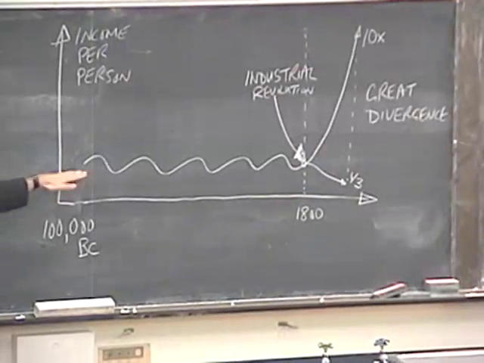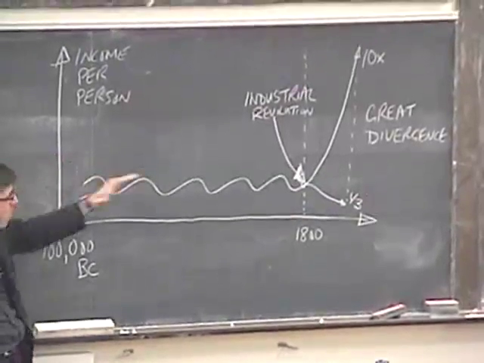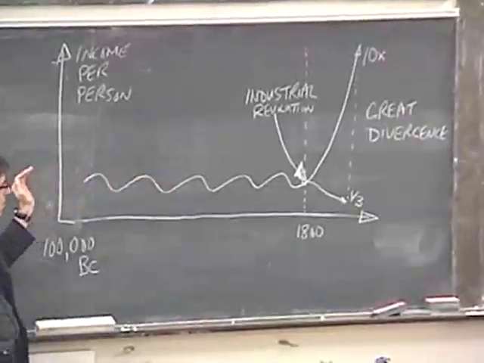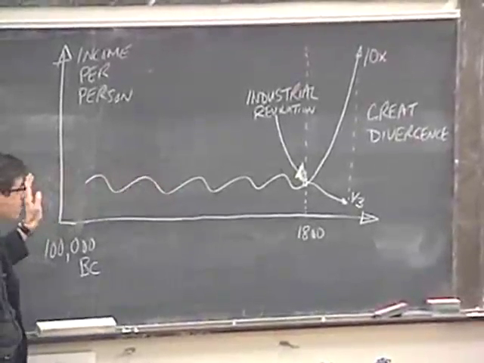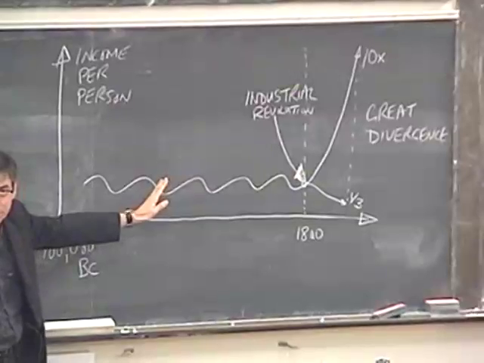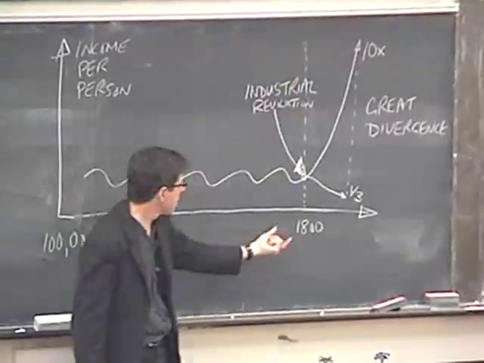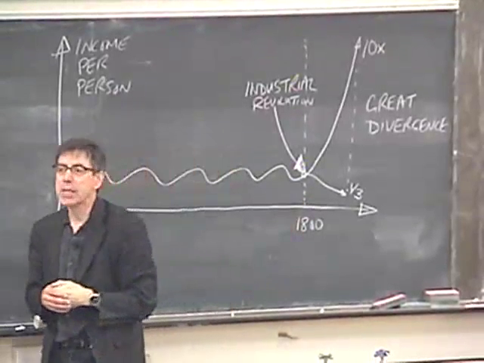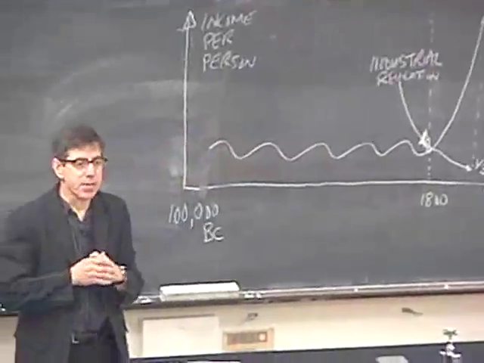There are fluctuations within this period, but there's no long-run increase, and people stayed at the same living standards through most of human history. And then, around about 1800, there's the Industrial Revolution,